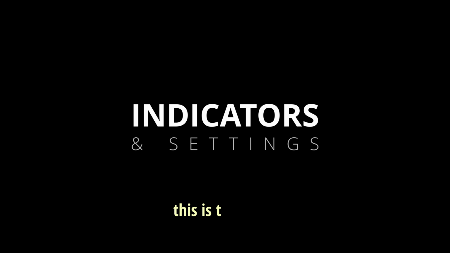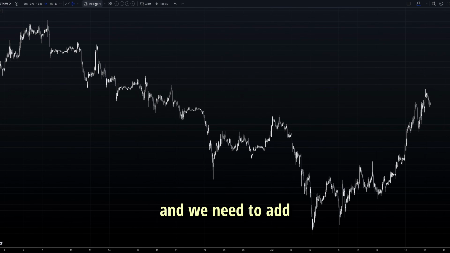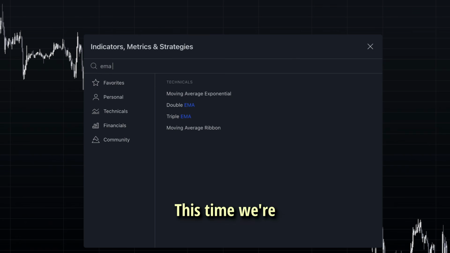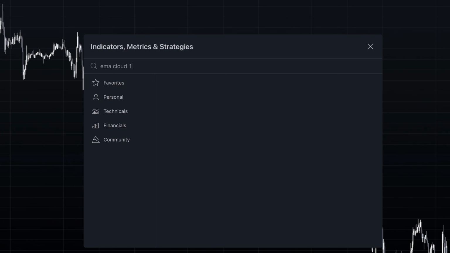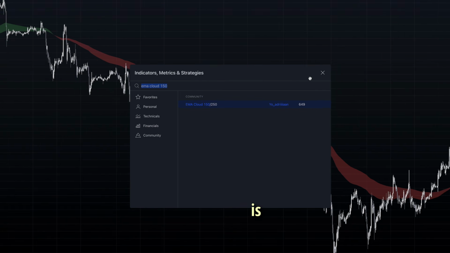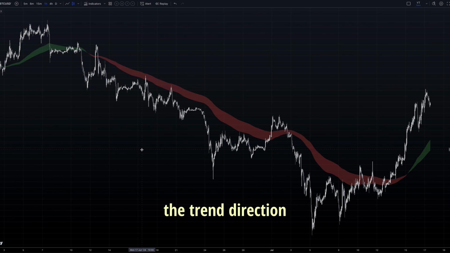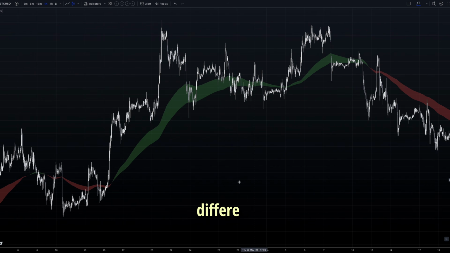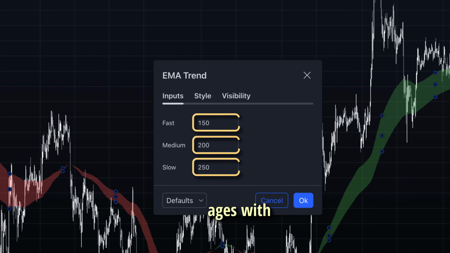As I mentioned, this is the trend following strategy, and we need to add the trend filter. This time, we're going to use the EMA Cloud 150-250 by Yo Adrian. This EMA Cloud indicator is designed to help traders identify the trend direction using 3 different exponential moving averages with